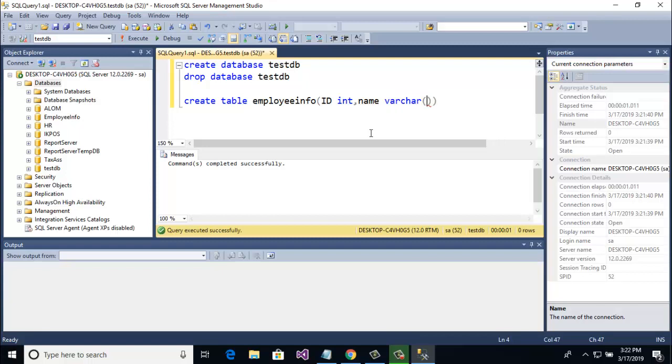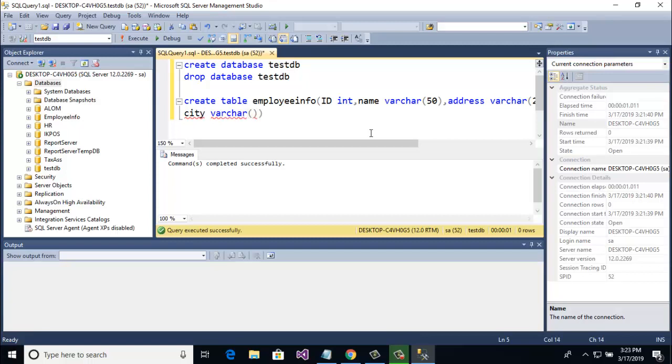Here I give 50, then address, then varchar, I give here 200, and I'm going to the next line varchar, then I'm going to another field city, also varchar, and here giving